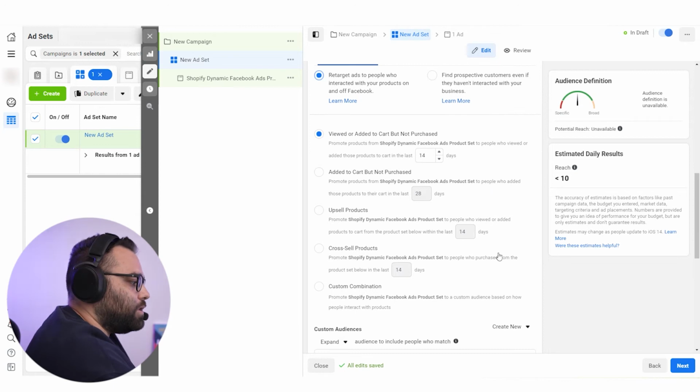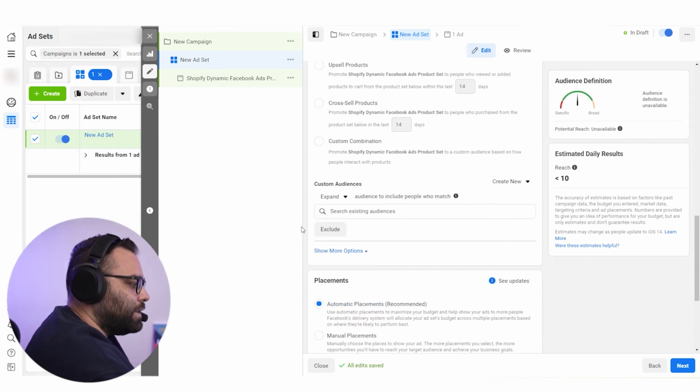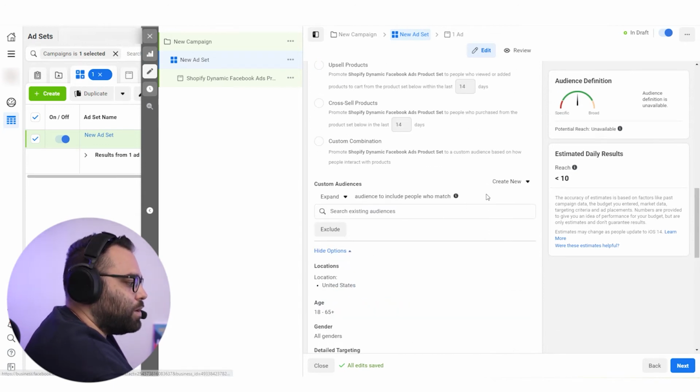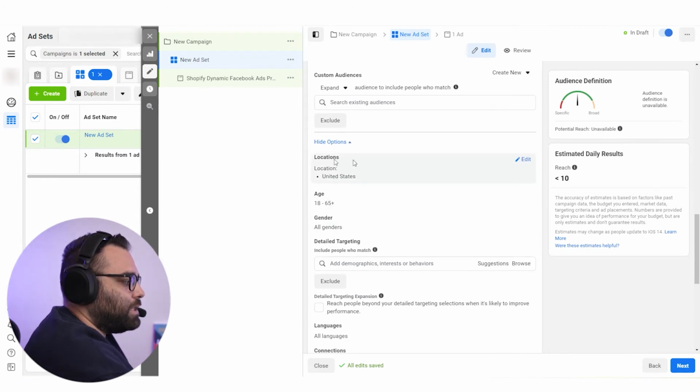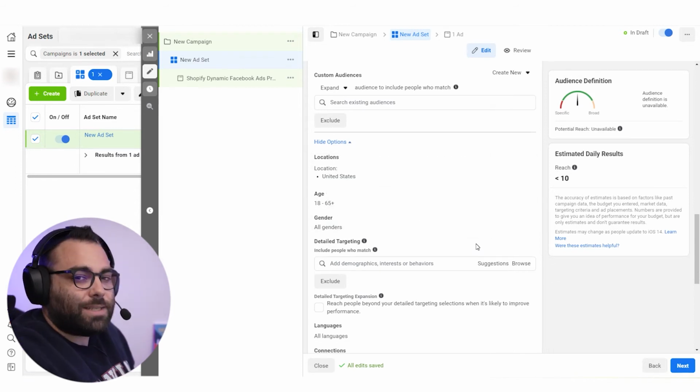So when you pick the first option, here you can see that it has a show more option. And as you can see here, it says United States because this account is set in the United States. A common mistake that I see from people from Canada: your ad account is listed for Canada because your company is in Canada, and then you advertise in the United States. This one by default is going to be set on targeting Canada.